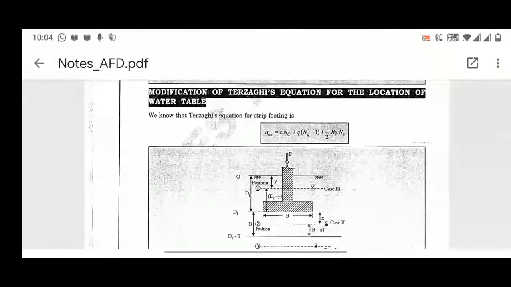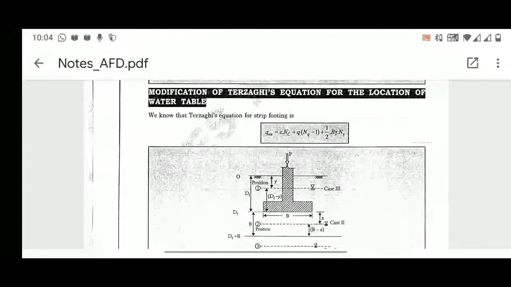So till now what we have seen: there is a ground surface, and below the ground surface we have the footing, and we have the load above the base of footing, and we have obtained the ultimate bearing capacity equation. We have also seen one more modification where we have considered different types of footing apart from the strip footing, and we have seen the ultimate bearing capacity equation for square, circular, and rectangular kinds of footings.